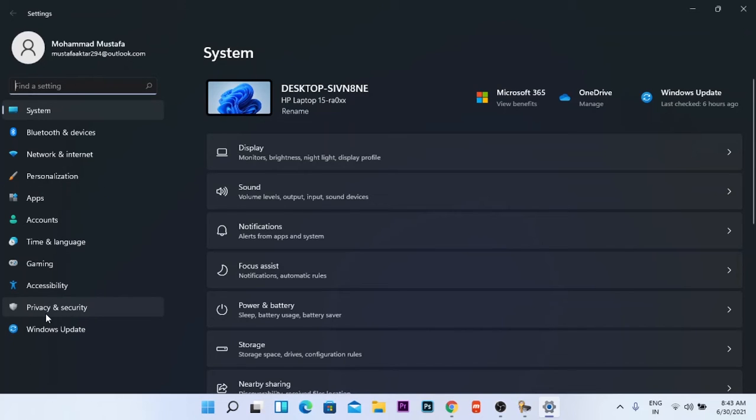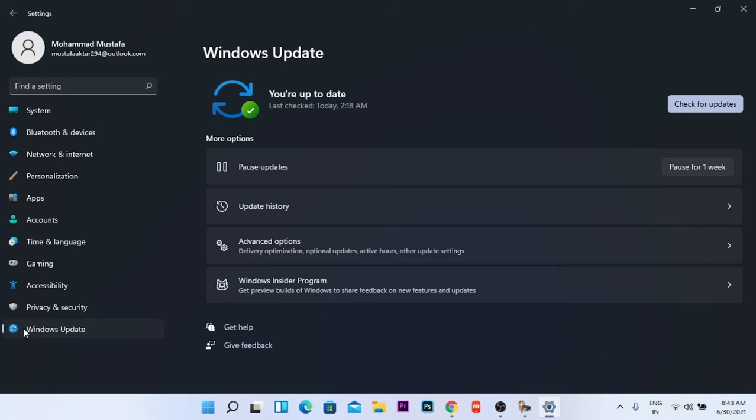You need to simply go to Windows Update, and from Windows Update on down you can find something like Windows Insider program, which is at the last. This all comes here in Windows 10, and on the last portion you will see something like Windows Insider program, and you need to click that.